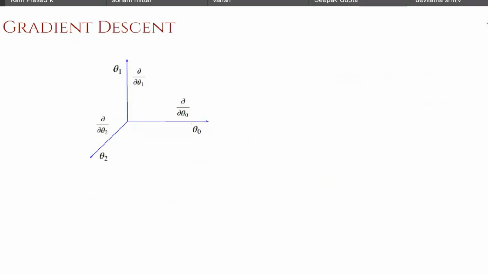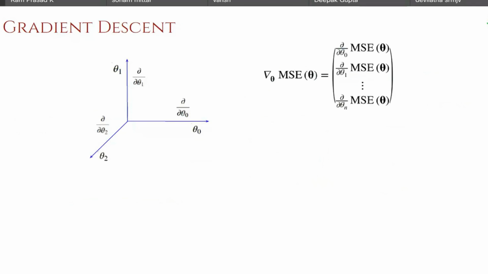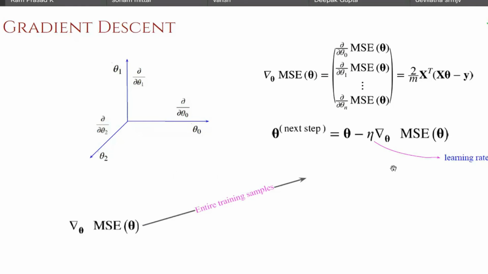So now to summarize the different types of gradient descent. You have to take the first derivative of your error function with respect to the different model parameters that you want to optimize. So these are the partial derivatives that you are computing. So we will update it with this learning rate. So how many training samples do you use to update your theta? That helps in distinguishing different types of gradient descent.